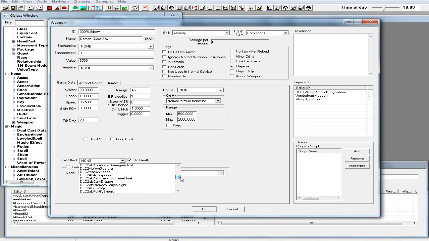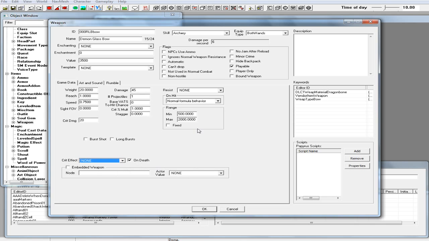Just different things. You can conjure. You can have it conjure up things. You know, you can play with that yourself and just kind of see what it does. Now your flags here,